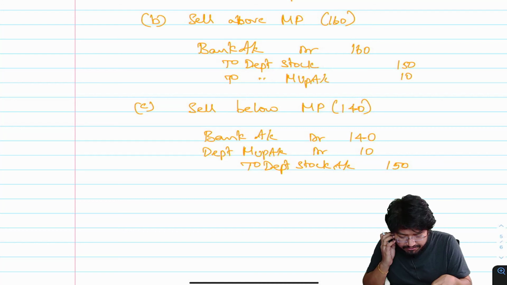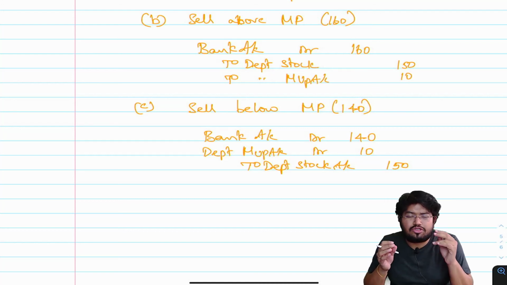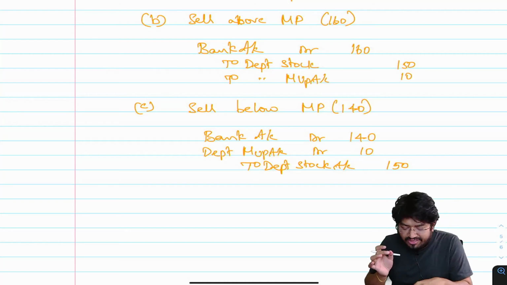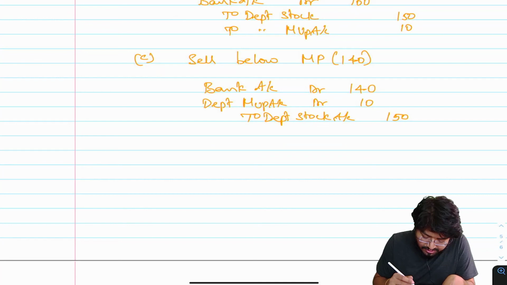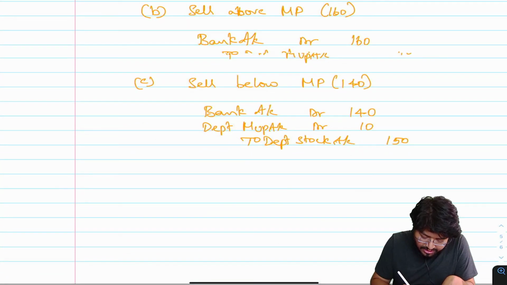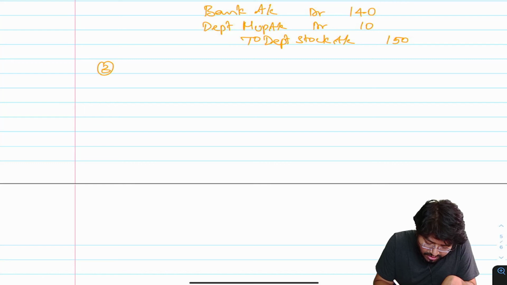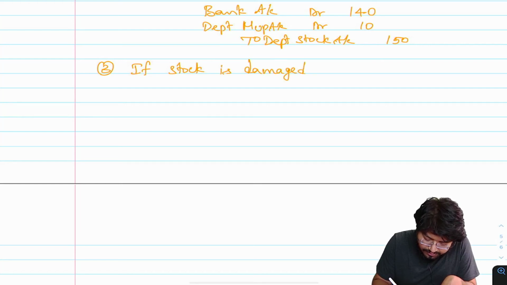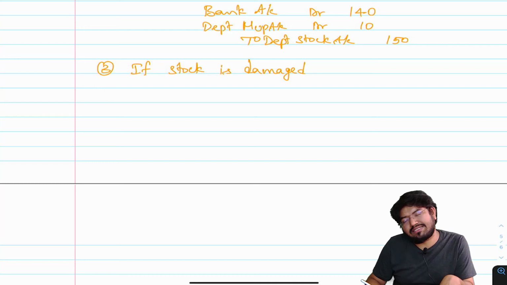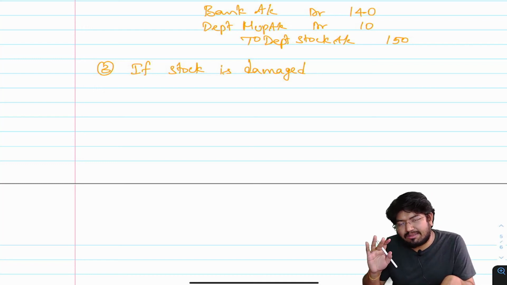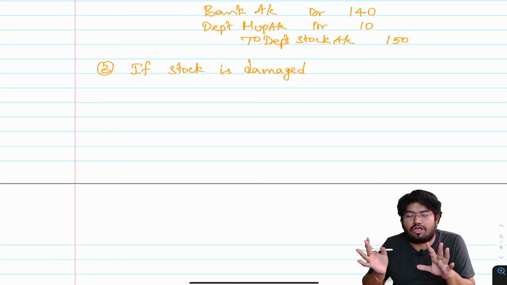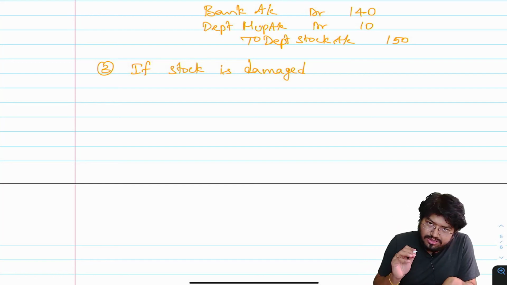Now the next question comes, sir, every time we send goods to a department, it will not only get sold, sometimes it gets damaged. So this is entry number 3. If stock is damaged, in such case, whatever stock is damaged is supposed to be charged to P&L to the extent of cost, and markup will be reversed. Say 1 unit is damaged, in which case your entry would be